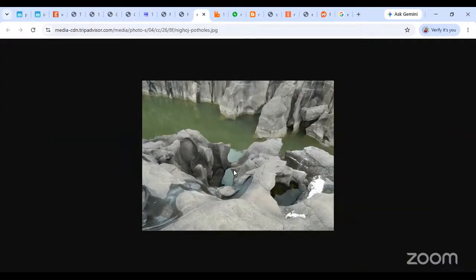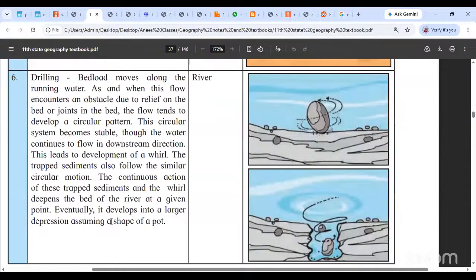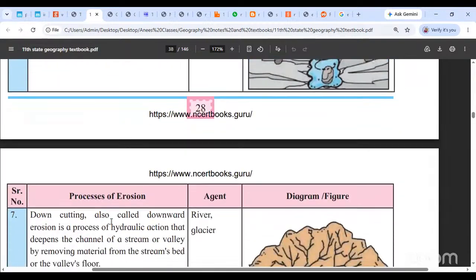Okay, so potholes जब बहुत बड़े-बड़े बन जाते हैं, जब join कर जाते हैं, तो usually ऐसे बड़े-बड़े गड्ढों की तरह depressions की तरह दिखते हैं. Okay, so this is what potholes look like. So we are looking at proper potholes over here. Okay. So this process is called as drilling, okay, and it is exclusive to rivers and the load that they carry with it, okay. That is drilling.